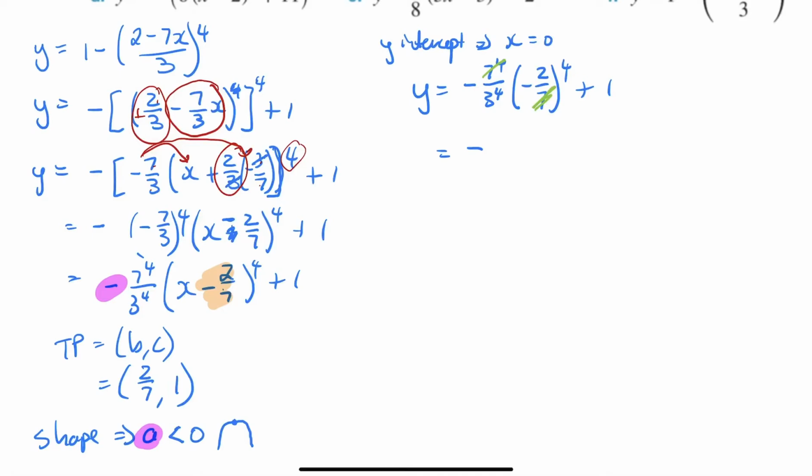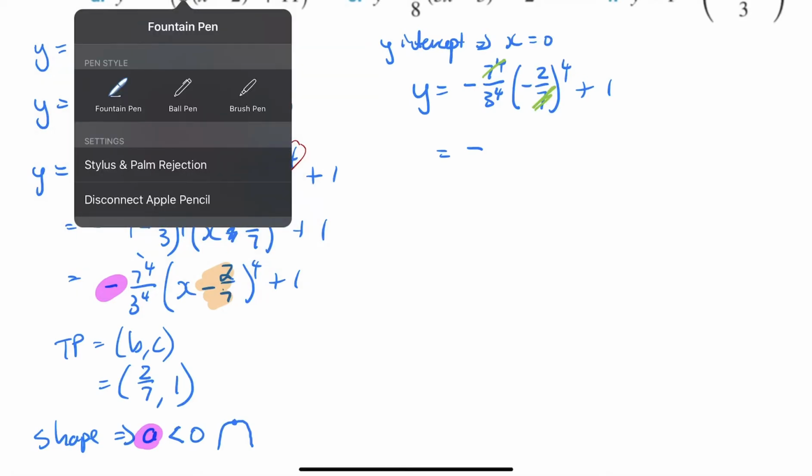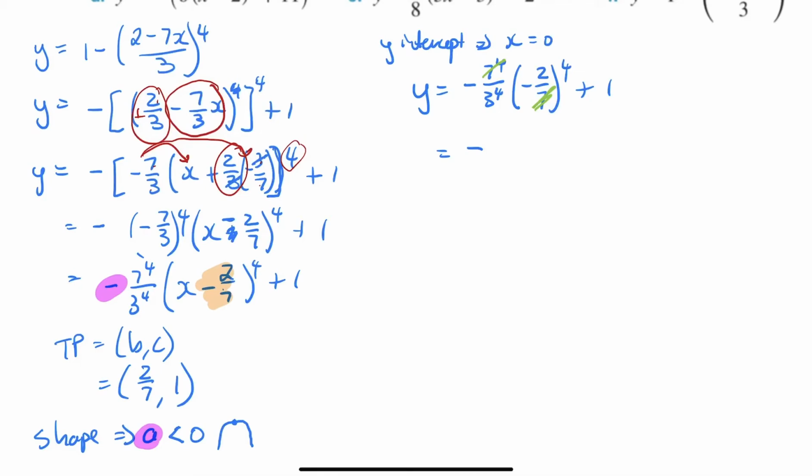I then have 2 to the power 4, and 2 to the power 4 is negative 16 over 3 to the power 4, which is 81, plus 1, which means plus 81 over 81. Minus 16 over 81 plus 81 is positive 65 over 81. So that's my y-intercept. My x-intercepts